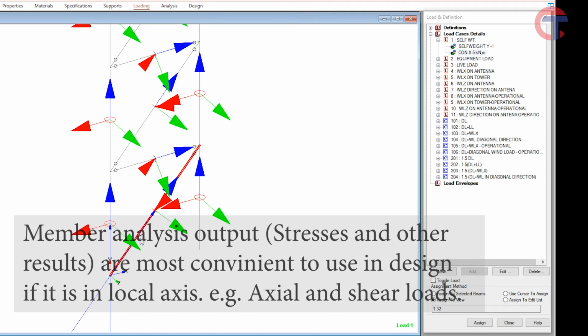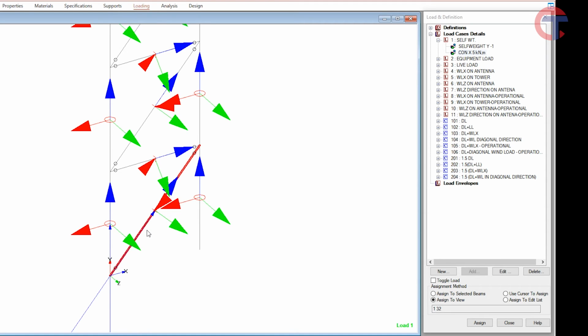We cannot design any member having loads in the global axis. So whatever the stresses, whatever the forces coming on the member, it should be in the direction of its member, so that we can easily design it. Either compressive force or tensile force, it should be in the direction of this member. So while taking the output from the software, it should be in the direction of the member. So again, here the local axis will be beneficial for us. So these are the two benefits of the local axis and the global axis.